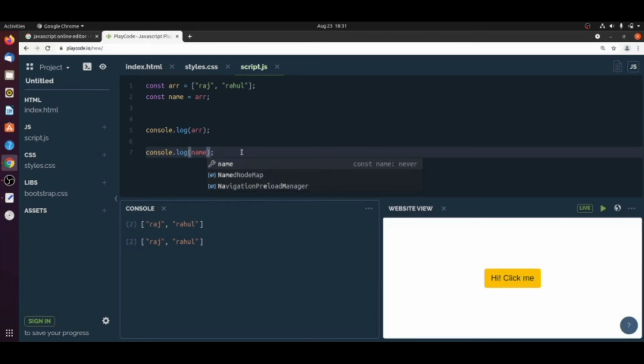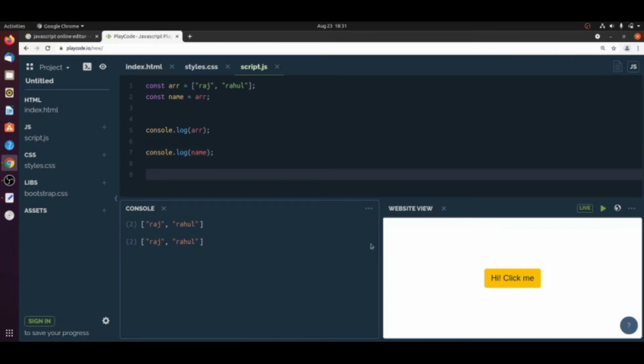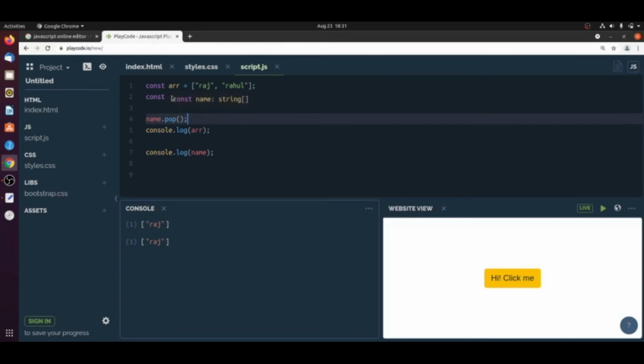After that, I will remove one value from name, using pop. Now see, I just removed one value from the second array, name, and it is removed from all of them, the original array and the second array.